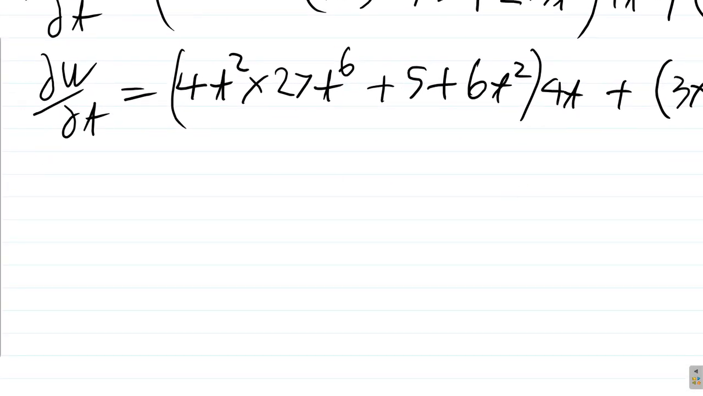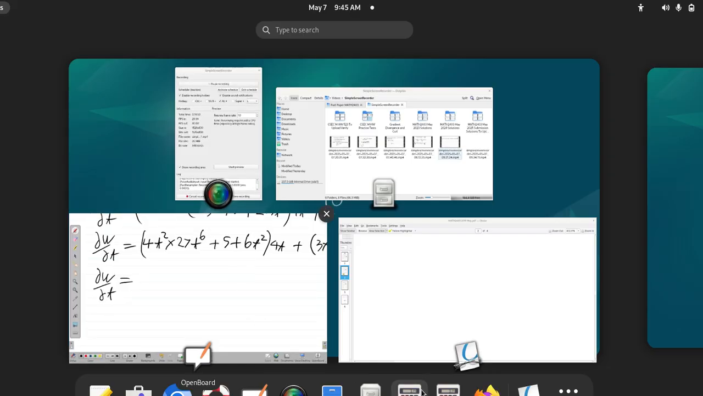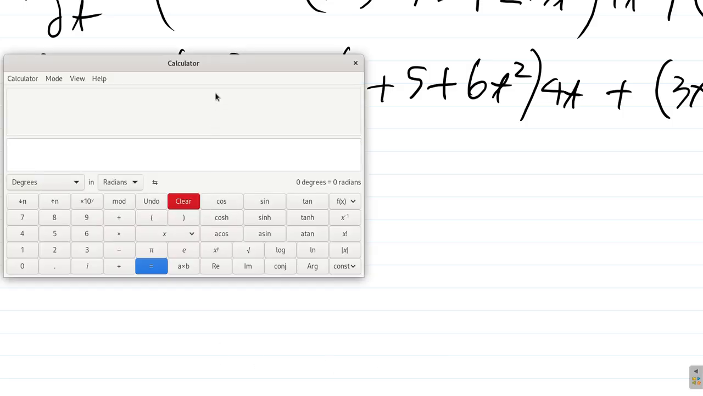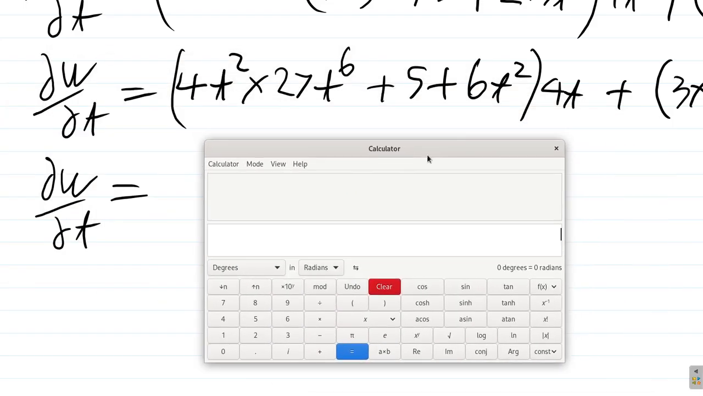Now, what we say here is that the partial w by partial t equals, let's multiply out. Oh, by the way, the 4 will multiply what you have in here. So let's get our calculator. 4 times 27 is 108, and then multiply by the 4 that is outside, 432. So you have